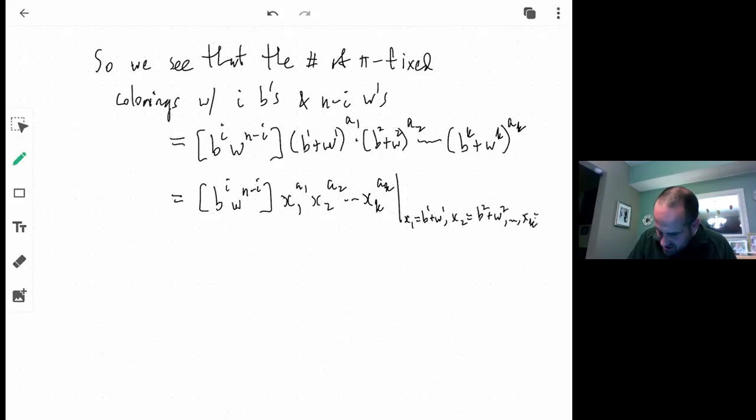xk equals b to the k plus w to the k. All right, so that's amazing. That is an amazing thing for sure, that I can actually get a handle on the number of pi fixed colorings with exactly i B's and n minus i W's by just taking the cycle index polynomial and then plugging in